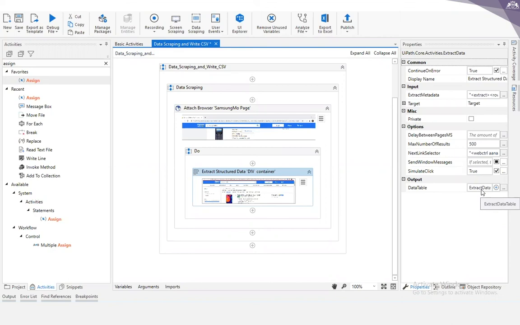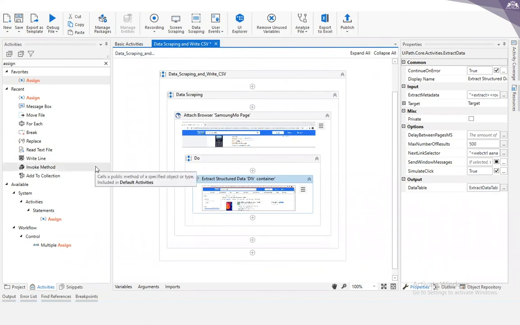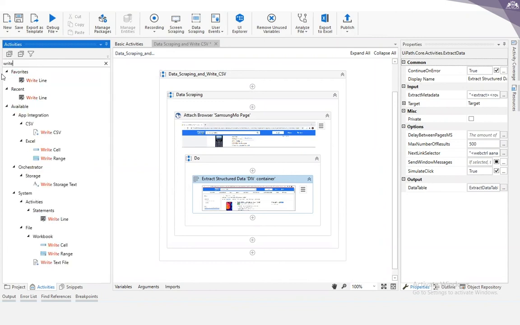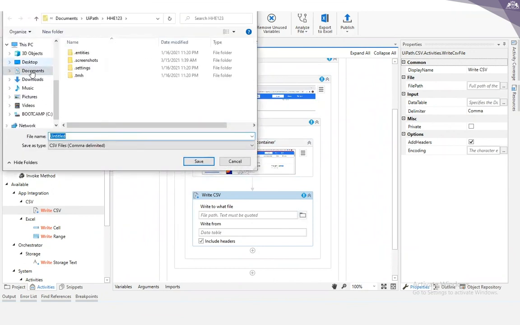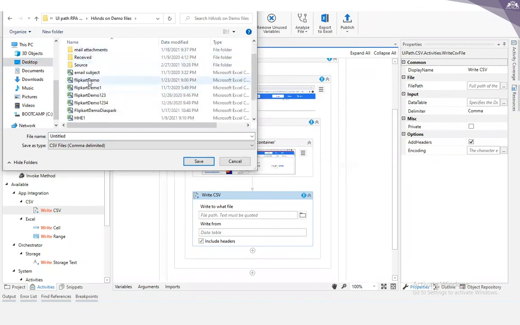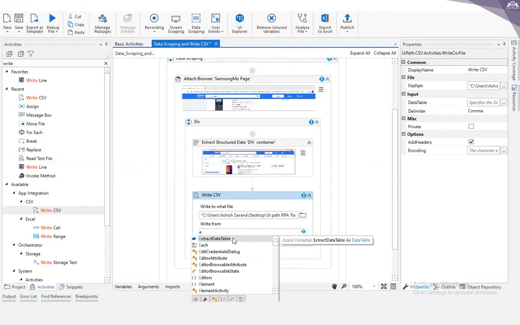Now I have performed all the things using data scraping. Now I will write this data into a CSV by using the write CSV activity. This write CSV activity, I can take it from here and place it here, and here I can specify the path of that CSV document. Let's say this is the file, and the data table which I want to write into it is extract data table, because this variable is already created